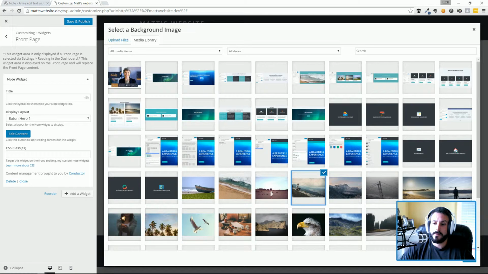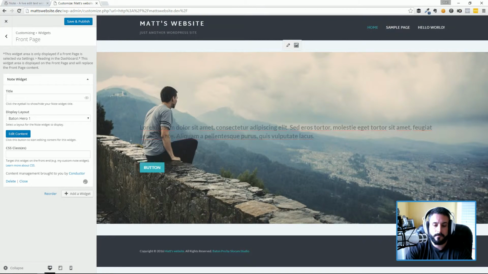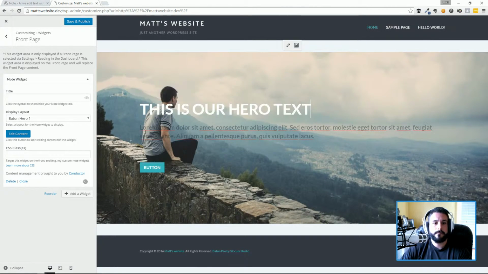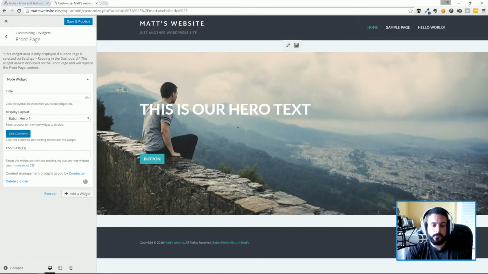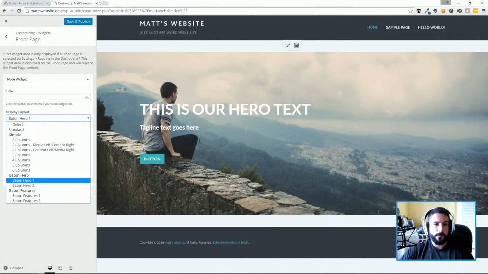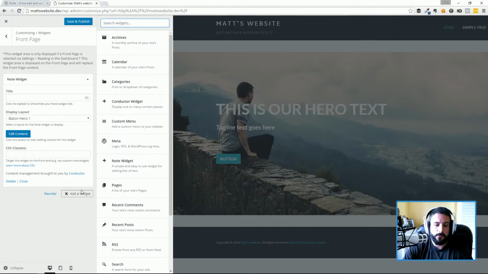So I might just do something like this one. This is our hero text. Highlight that. And then I'll do like tagline text goes here. Okay. And also highlight that as well, or change that to white. Okay. So that's the hero display. And again, you have multiple heroes to select from. And I'm going to add in another note widget